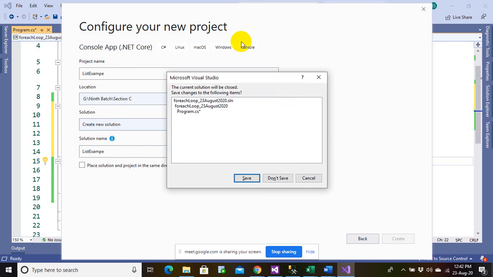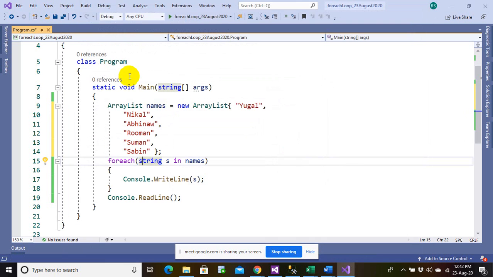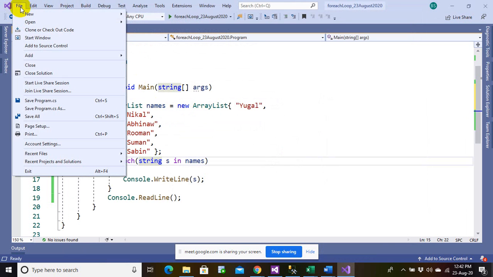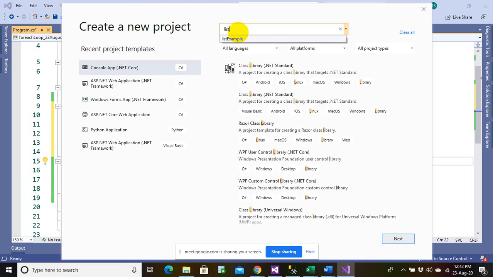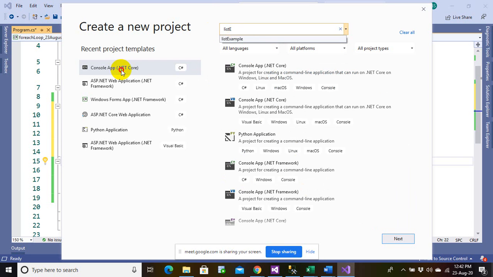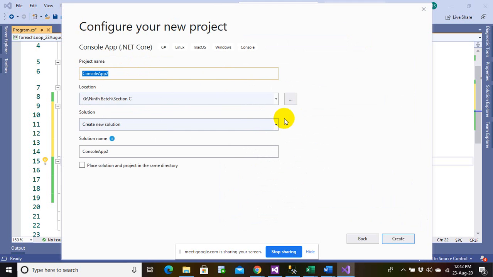Let me take a new one. That's a list example. Create this new one.